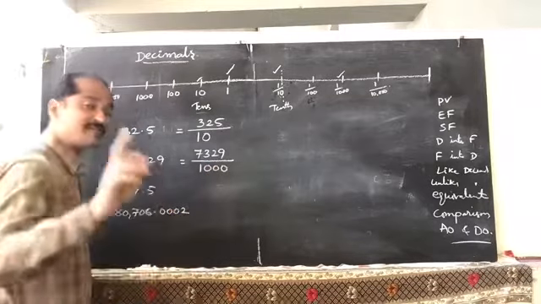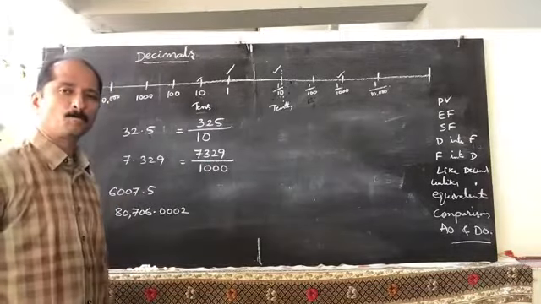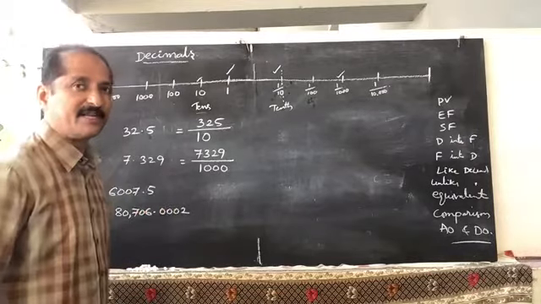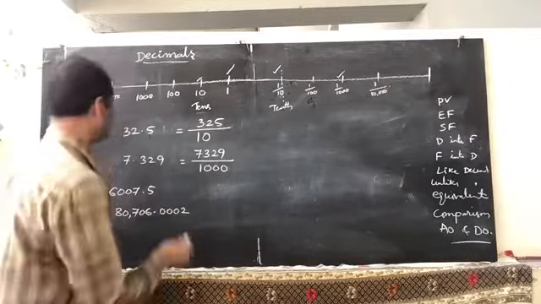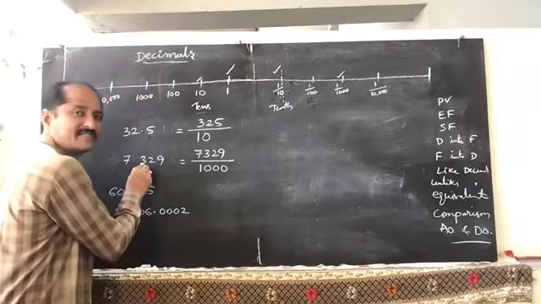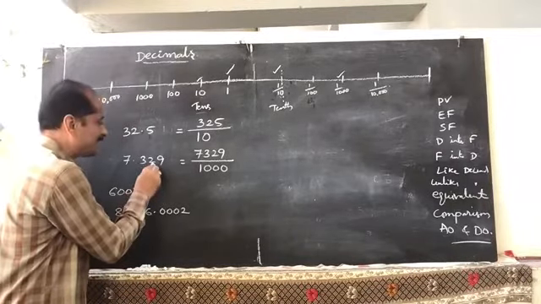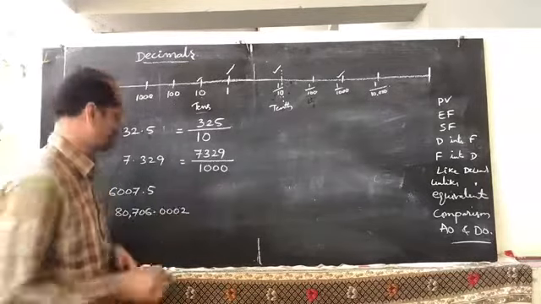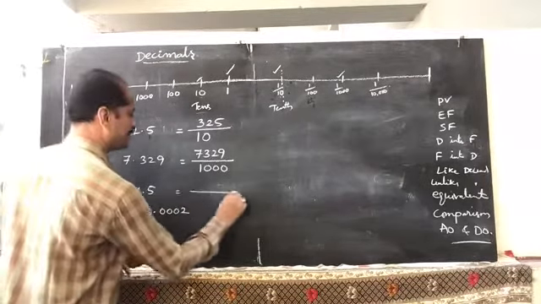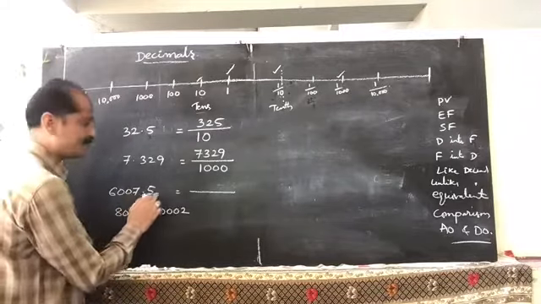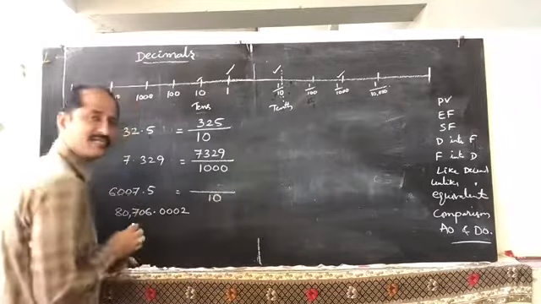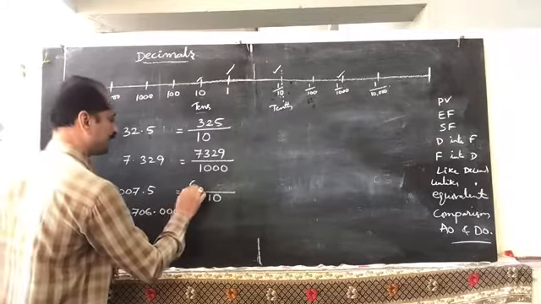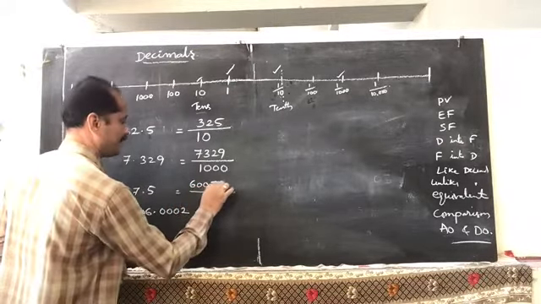Or otherwise you remember carefully, read the decimal places. Like this also you can do. There is the 10th place. The first decimal place is the 10th place, then the 100th place, then the 1000th place. That means the 1000th place means divided by 1000. Here also, we are writing only the 10th place, so divided by 10 only. 1 after which 1 zero. So remove the decimal, 60075.